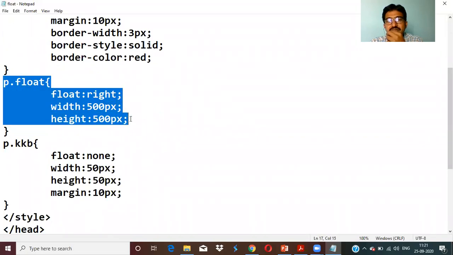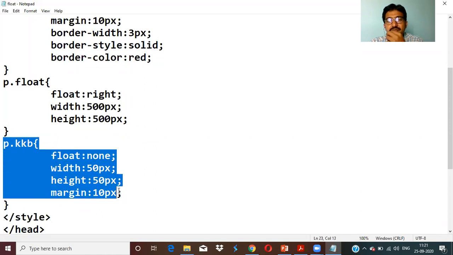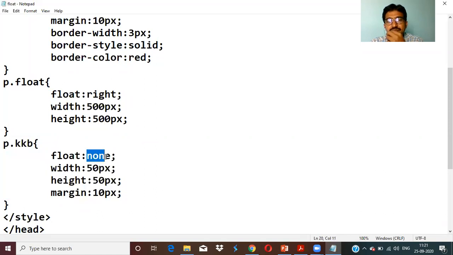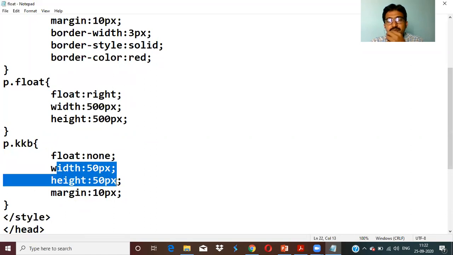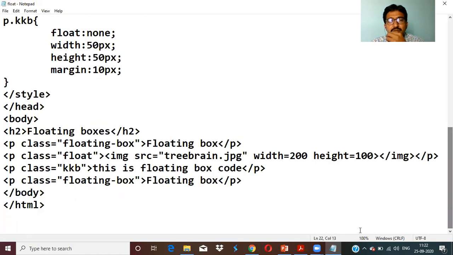Float is right, width and height of that position is 500 pixels, 500 pixels. One more class for a paragraph, KKB. Float is none, and width and height of that position is 50 pixels and margin is 10. Now first let me go for the body.